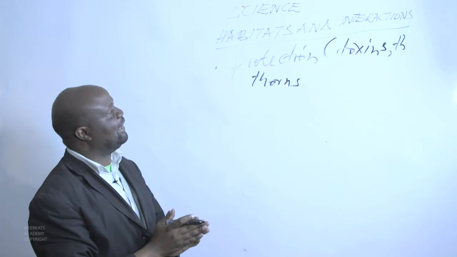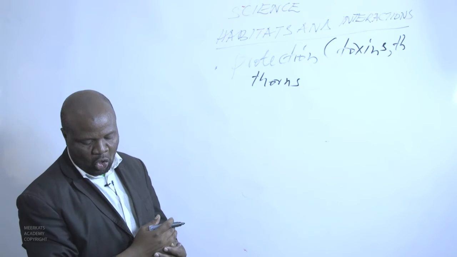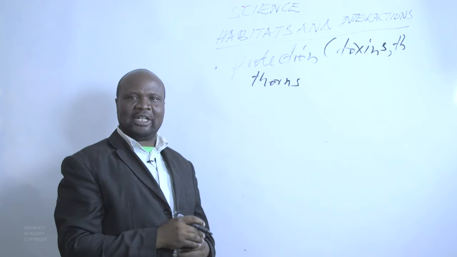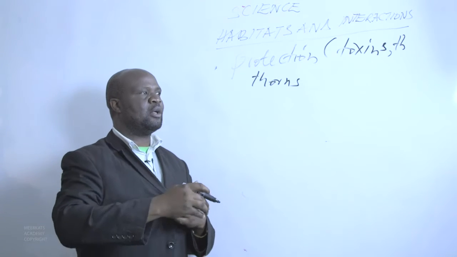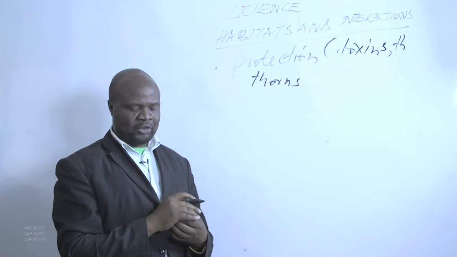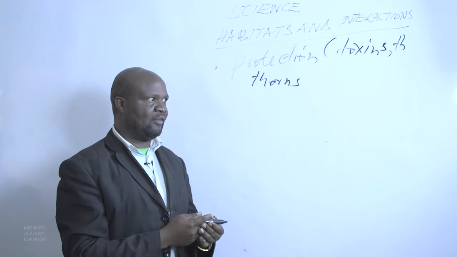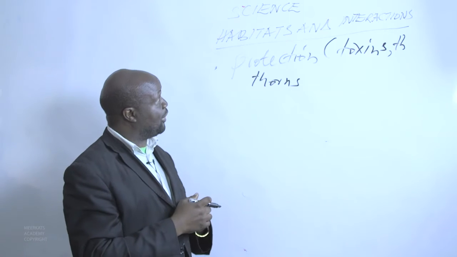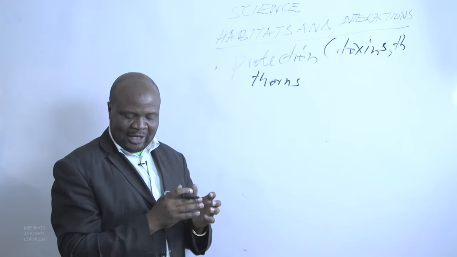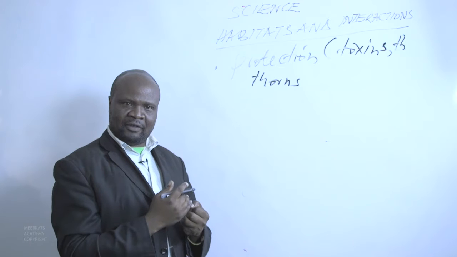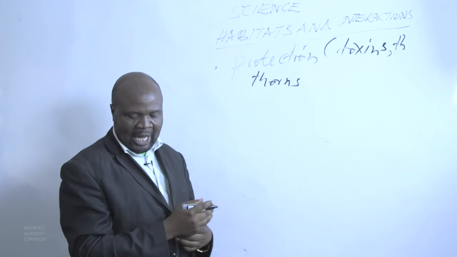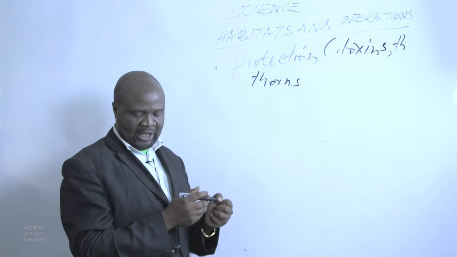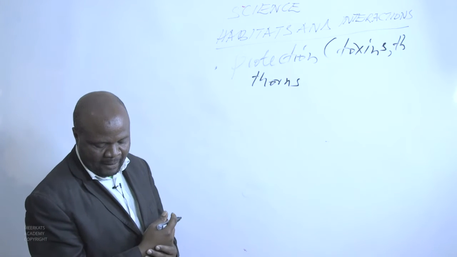Also, when we talk of plants, there is the way they take in oxygen and carbon dioxide. Trees growing in a desert area change the position of their stomata, because if the stomata are on the upper side of the leaves, they will lose a lot of water. So plants growing in desert areas have adapted to conserve the little water they have. Their stomata are located on the lower part of the leaf, to ensure that they remain with the little water they have.